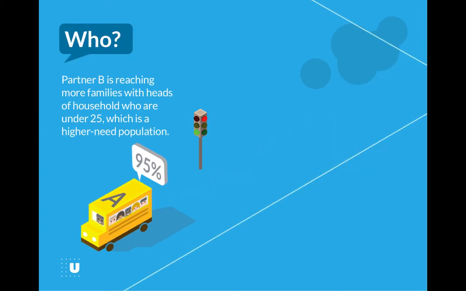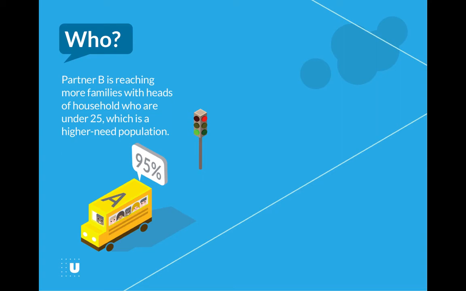However, if the initiative continues to examine the case management data, it could examine who each program serves and whether a particular type of family tends to have better outcomes from the home visiting programs provided by the initiative. When the performance manager looks at case management data for families who participate in either of the programs, the data show that Partner B is serving far more families who have a young single parent under the age of 25. Because the initiative knows this is a high-need population, these families are expected to require more services in order to achieve the results desired for all families.